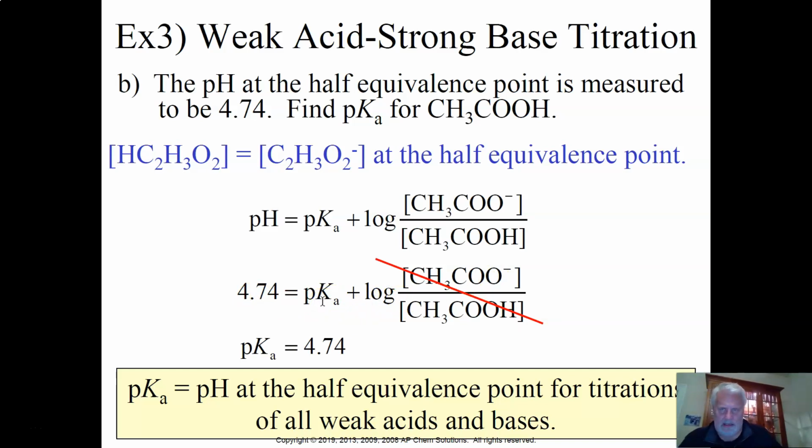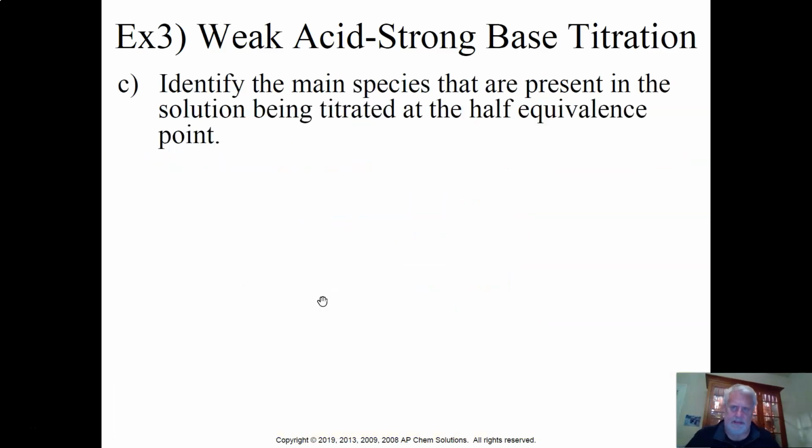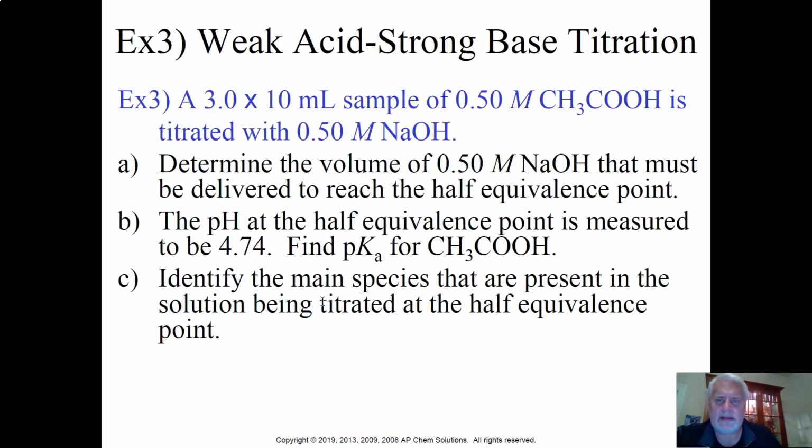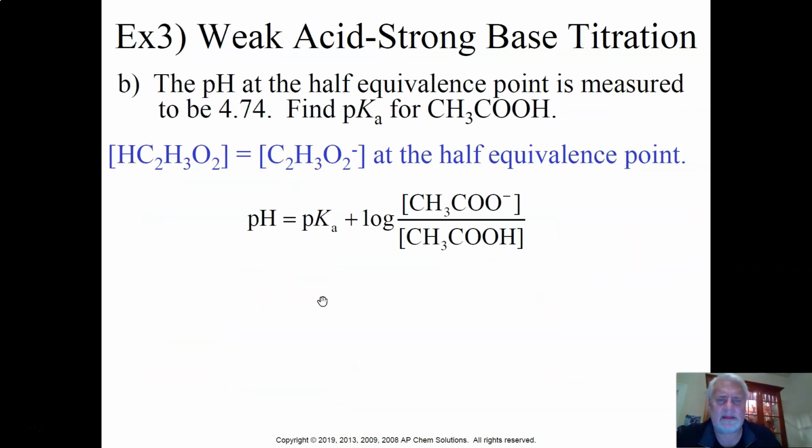Okay? So that's B. And then C says, identify the main species that are present in the solution being titrated at the half equivalence point. Okay? And I don't think that they had the